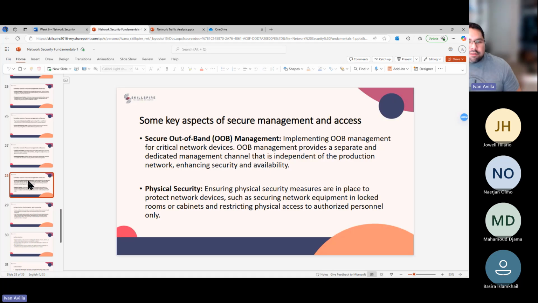Secure out-of-band messaging. This is something that you should definitely have for key personnel in an environment. In the event that your network does get compromised, the hackers get in, the worst case scenario is they're going to be able to access the emails. They're going to be able to read your messaging. So when you do have an incident, you want to be able to leverage out-of-band messaging. So for example,